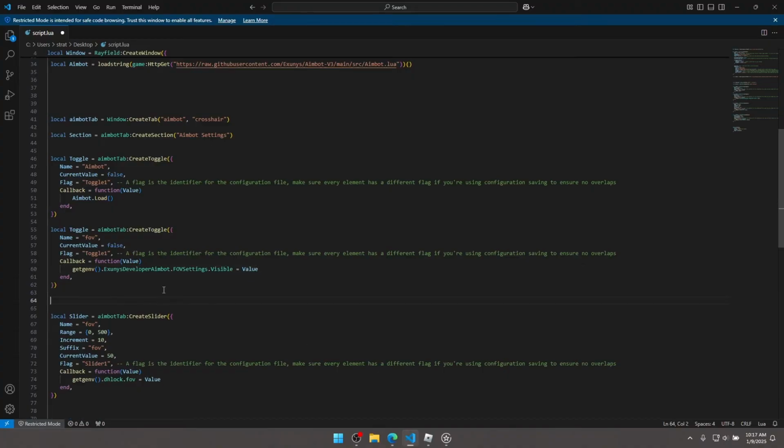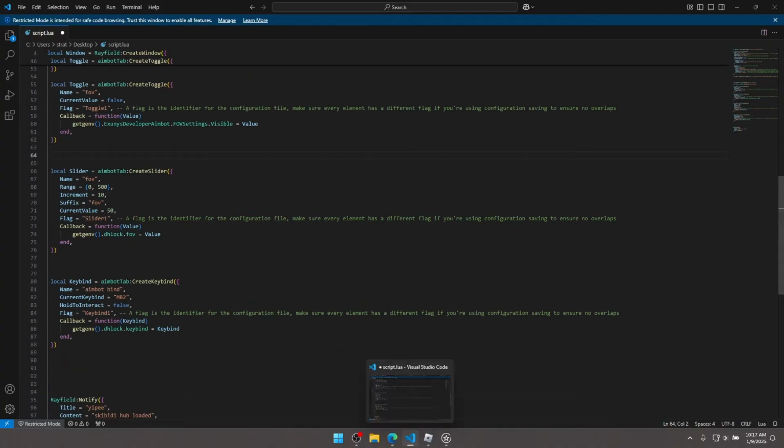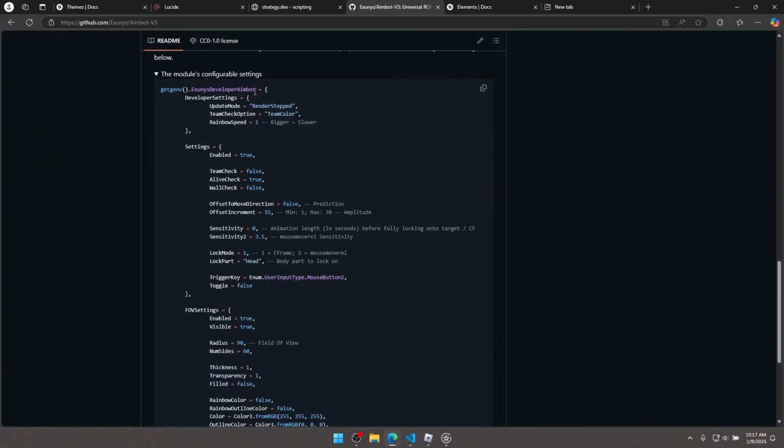Of course, as usual, the value is true or false, whether the toggle is on or off. We can do, it's so long, I could have just done Xuni's aimbot or something like that, but no, you just had to. Anyway,